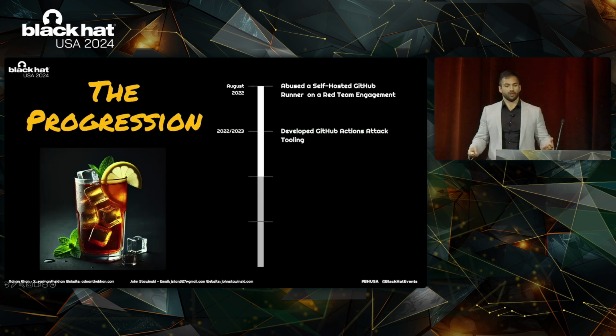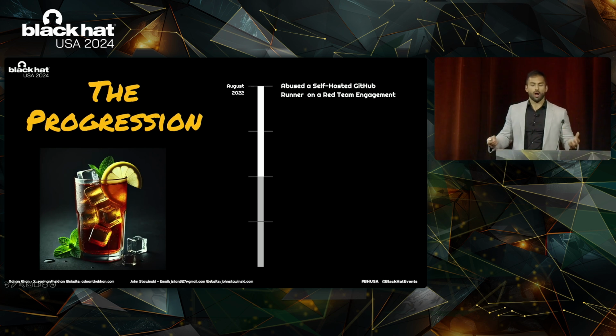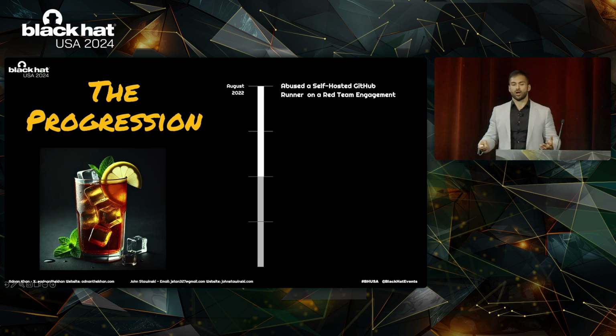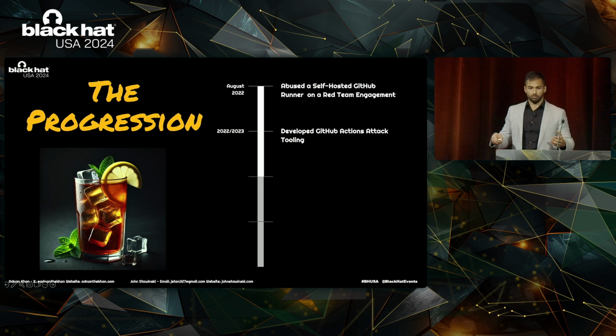So how do we start here? Well, it all started back in August of 2022 when myself and colleagues at my former employer on a red team got access to one of the client networks after obtaining a GitHub token and using a self-hosted runner that we were able to take advantage of to get back into the network. That led to a talk at ShmooCon called Phantom of the Pipeline and the associated release of the first version of the tool, Gato, for automating self-hosted runner discovery.